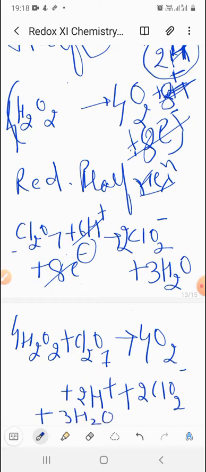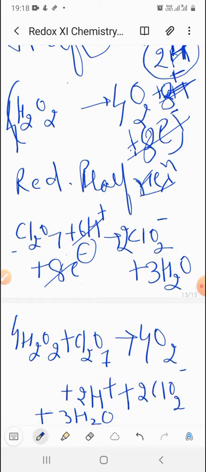You can see your reaction is balanced now if you calculate the number of oxygens. So here 8 and 7, 15, and 8, 4, 3, 15, 7, 15. Hydrogens are 8 positive, 8 hydrogens are there, and again here 8 hydrogens are there, and obviously it is balanced now. If you look at the charge, again it is balanced.